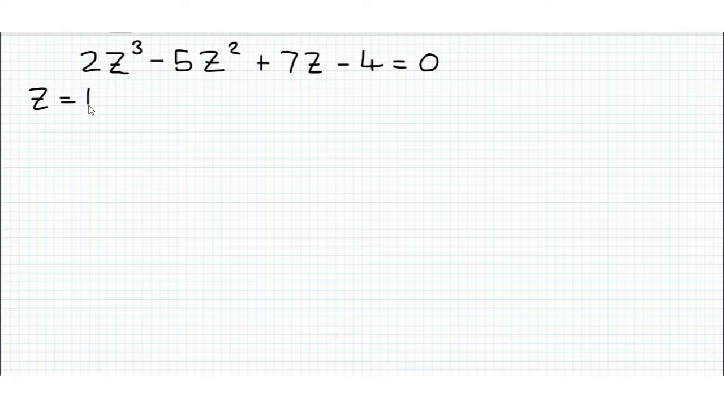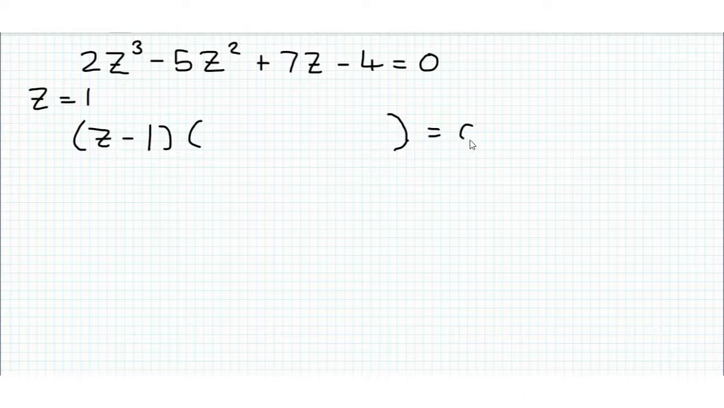You can see that, you just plug it in, because each of the z parts are just 1, so then it's just a matter of summing the coefficients. As I said, they add up to 0, so that's a solution. And if z equals 1 is a solution, that means we can factor our cubic into z minus 1, times some